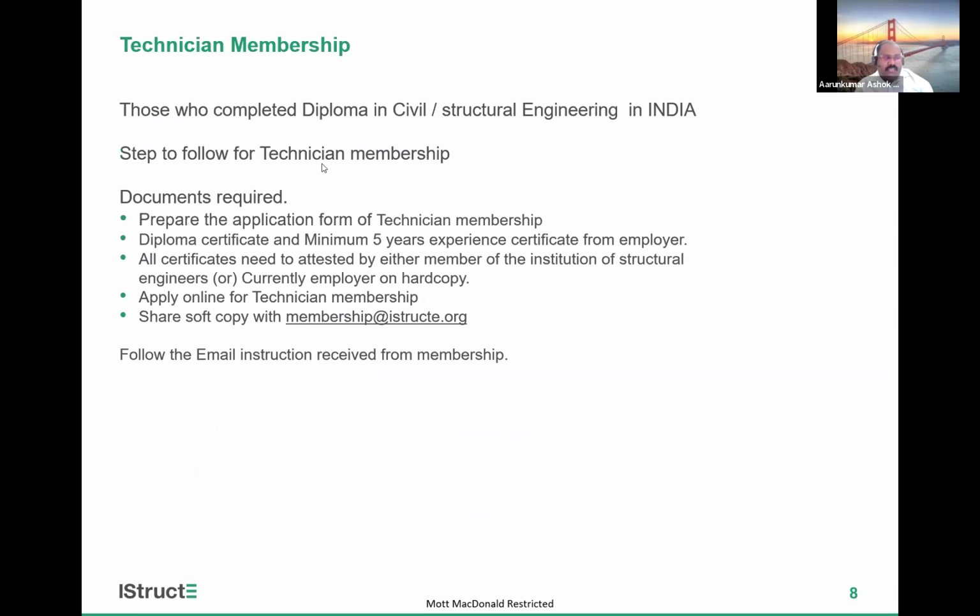So I'm going to say that for those who have completed a diploma in civil engineering in India, these steps have to be followed. Prepare your application form for technician membership, and you have to gain a minimum of 5 years experience certificate from the employers. You can jump between different companies or stay in a single company, it can be any kind of thing, but you need 5 years experience in that